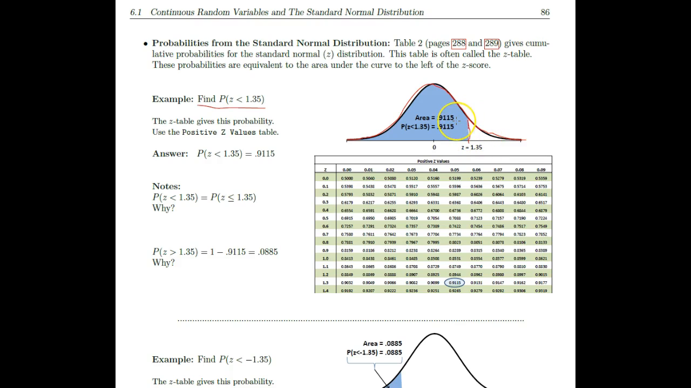Okay, and the way we do that is we're not going to do any calculating at all. We're just going to look up a value in the table in the back of the textbook. So see pages 288 and 289 give these probabilities. So if you go to page 288,